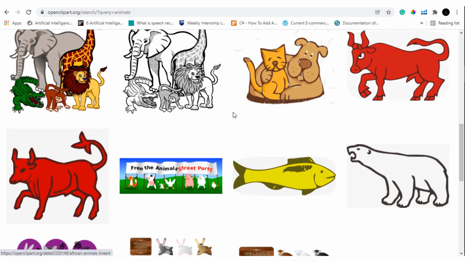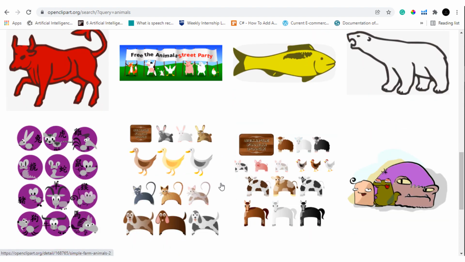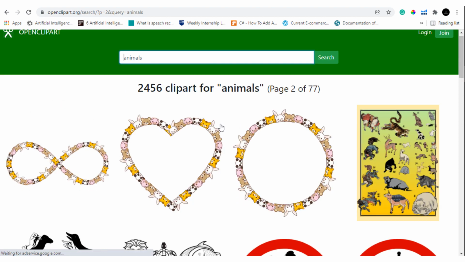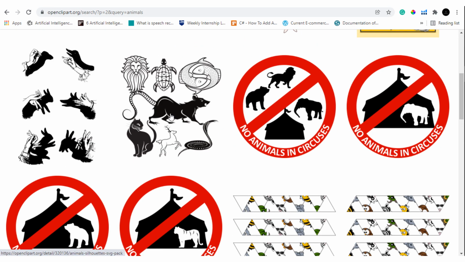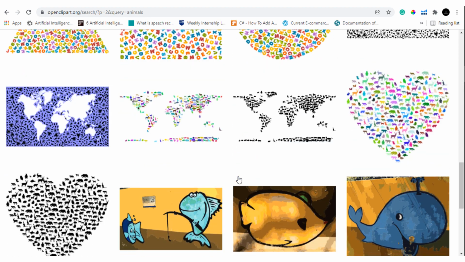You can use these clip arts to create various different coloring books as well as the cover of your books. Various beautiful clip arts are available.